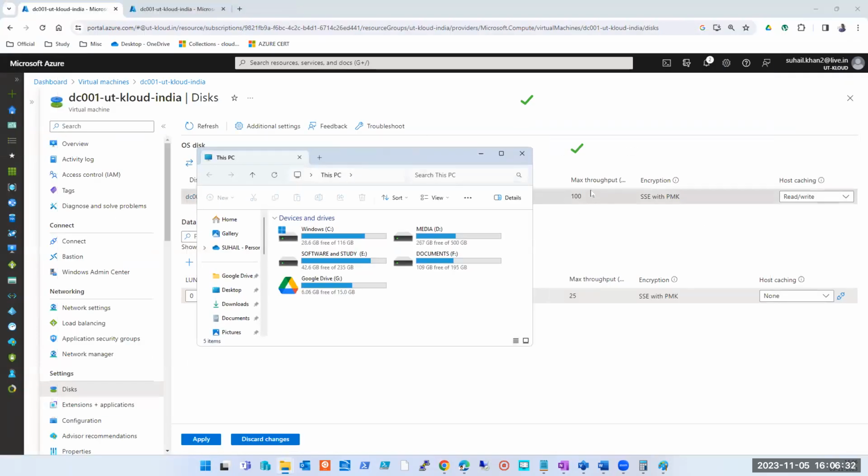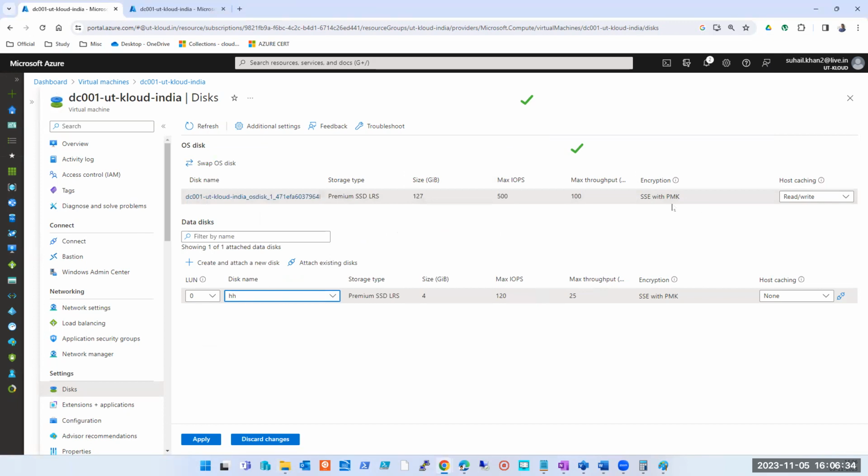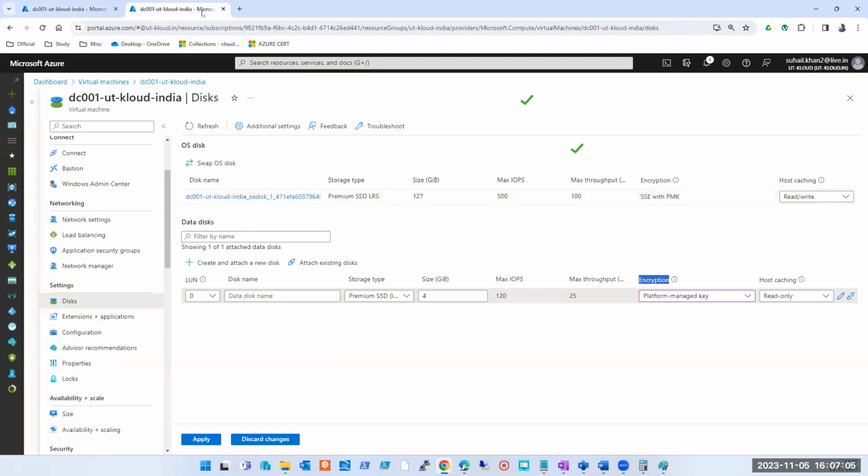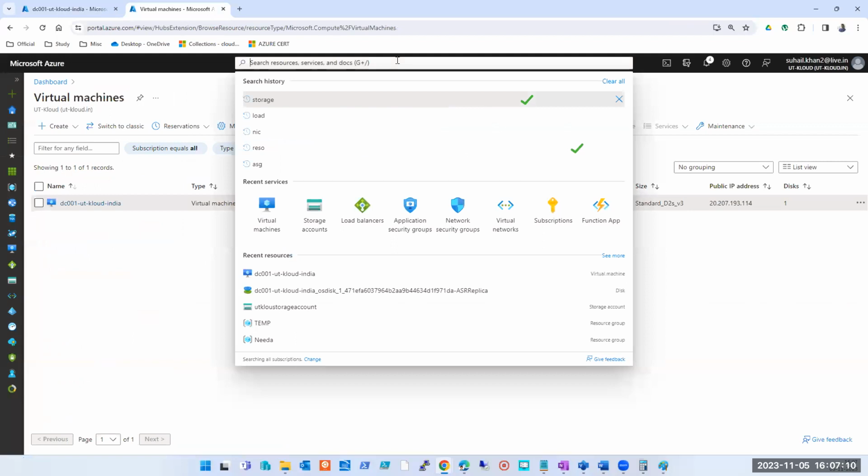But if you want to prevent this, what do you do? You encrypt the disk. The moment you encrypt the disk, even if you remove it and attach it somewhere, it will ask for a password, not the operating system ID and password, because you're using it as a data disk, but since it is encrypted, it will still ask for a password. That is the benefit of encryption. Even if you don't understand it well, it's okay. If you want to know it, we'll cover it more in the next session, but it's just not that important.